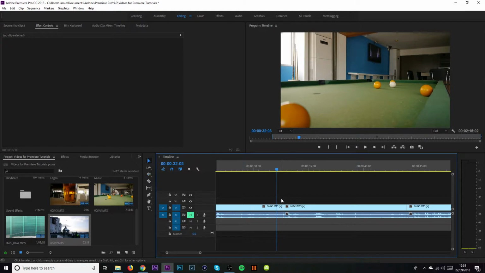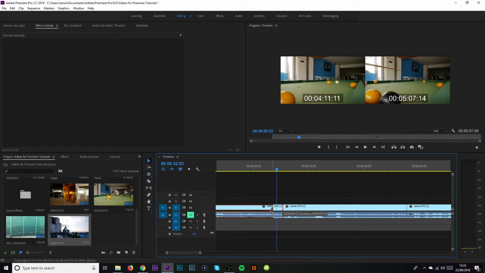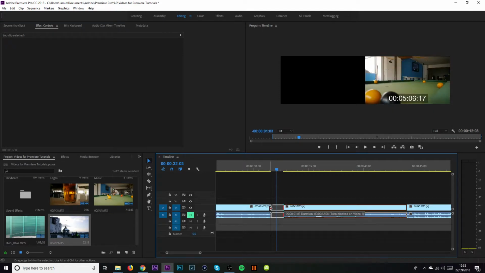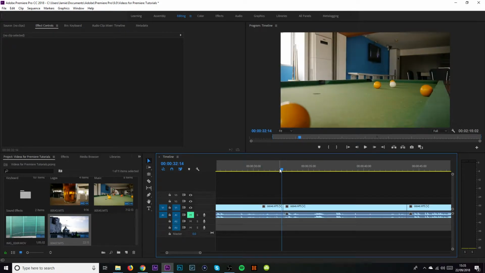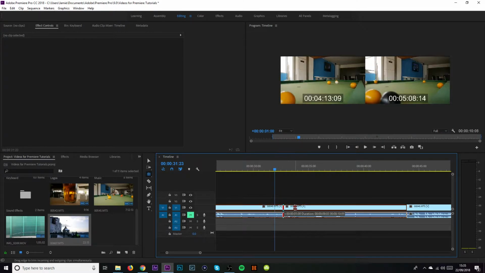But say you wanted to change it for any reason, so you wanted this clip to come that way a bit, and you want this clip to come out a bit like that, and then you got it looking like that for instance. But rather than doing that particular motion where you bring one clip over, then you get this clip and bring that one over, you can use this tool, which is N on the keyboard. Like I said, you go over to the black line and you can click and you can roll it